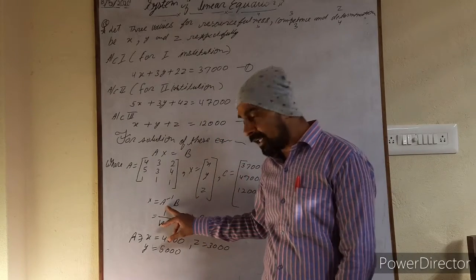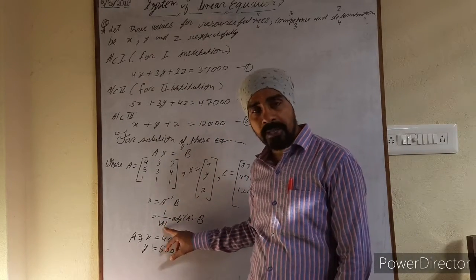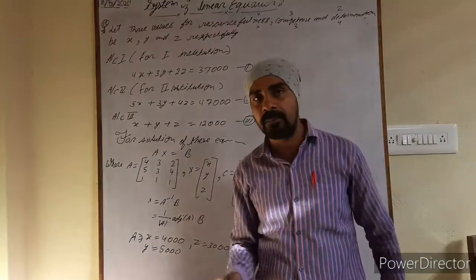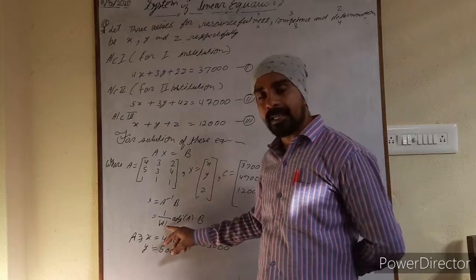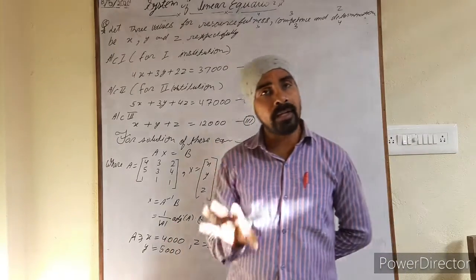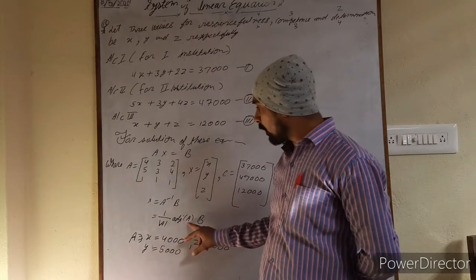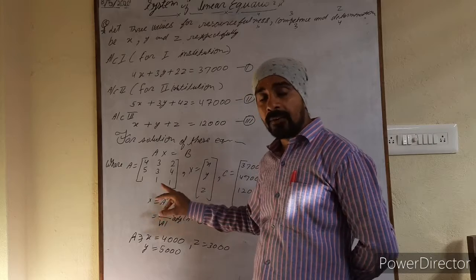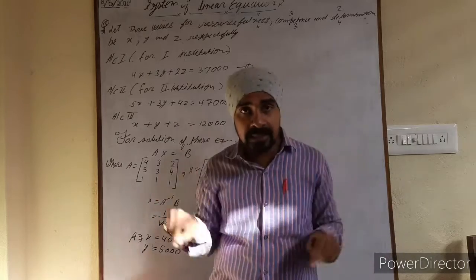So for finding A inverse, you need to find out det of A. If det of A is not equal to 0, and of course it will be, because the uniqueness of the solution definitely will be here. So after finding det of A, you will find out adjoint of A, and I had told you how to find the adjoint of A. For finding the adjoint of A, you must have the cofactor of each element of A, and after that you have to find the matrix by these cofactors. Cofactor जो आएंगे उससे एक matrix बनेगी.